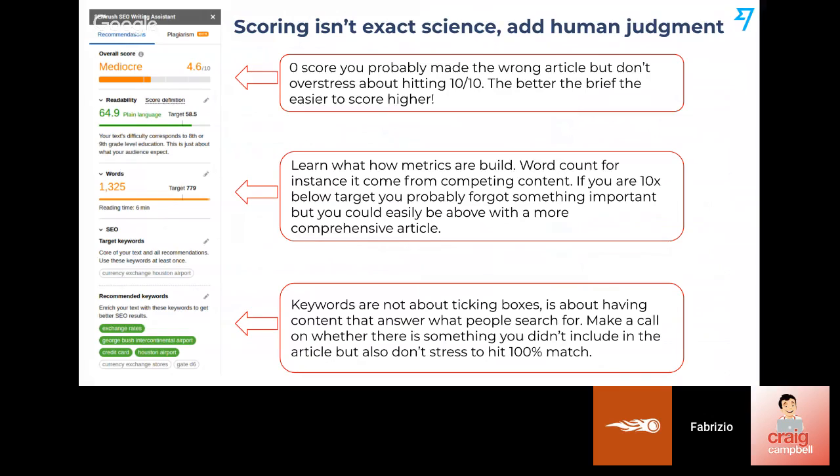But for instance, the keyword recommendation section is quite important sometimes, right? Maybe the writer forgot to add a paragraph covering a particular topic within the article. In this case, we are missing the keyword gate D6. I assume that there might be a shop at that particular gate. I don't know that airport really well, but maybe we forgot to mention that at this particular gate, that's where you could find a currency exchange shop.